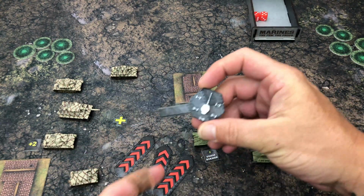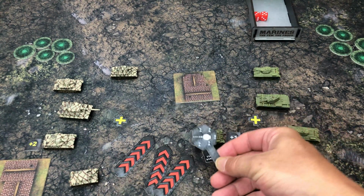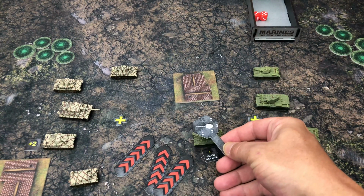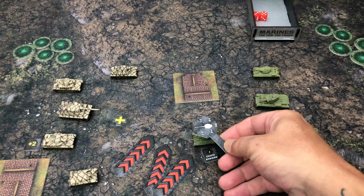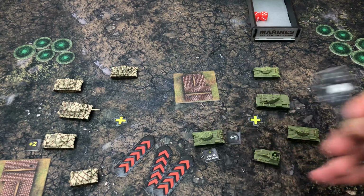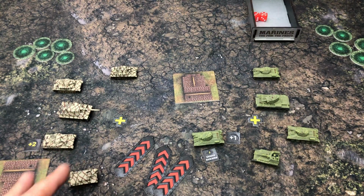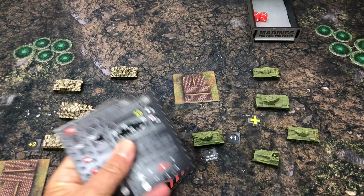At first, when I was looking at this thing, I thought this was supposed to represent the turret. I'm like, that's not the turret. That's the little handle, so I can hold it right there above my tank to figure out exactly what angle I can move my little turret out to. Gotta love that. The only thing is, it does get a little bit fiddly when it comes to figuring out